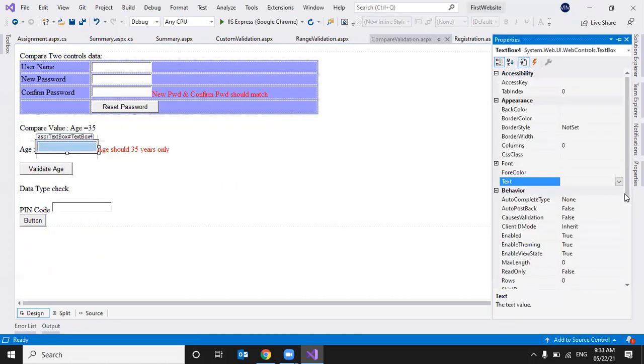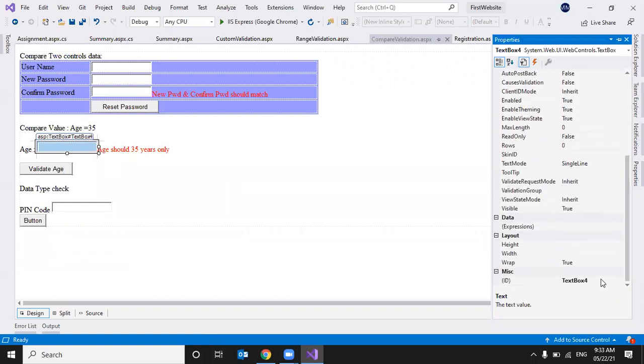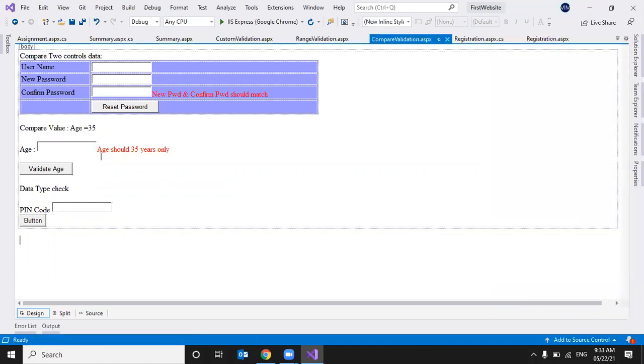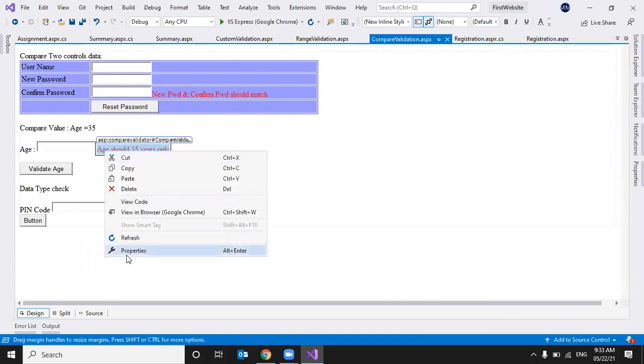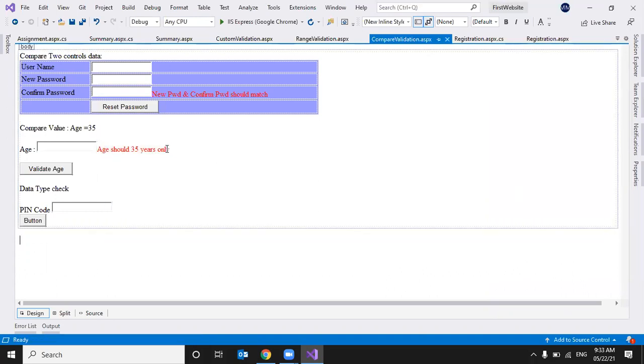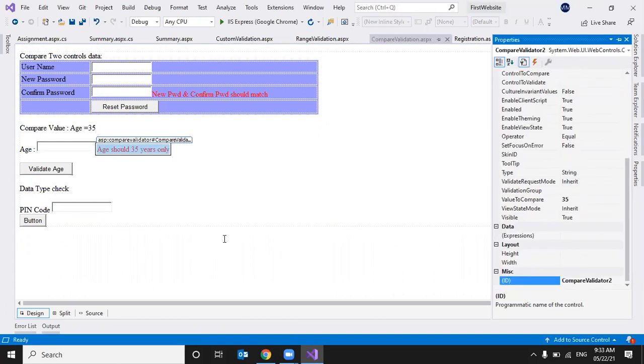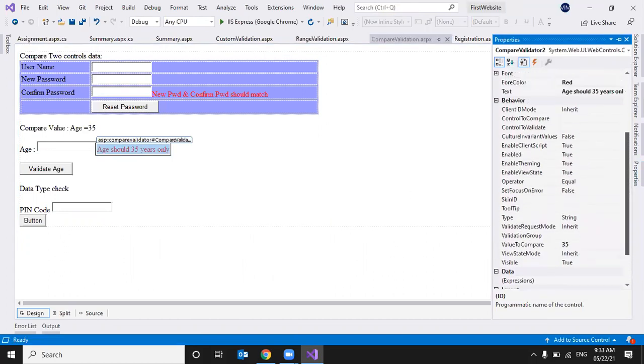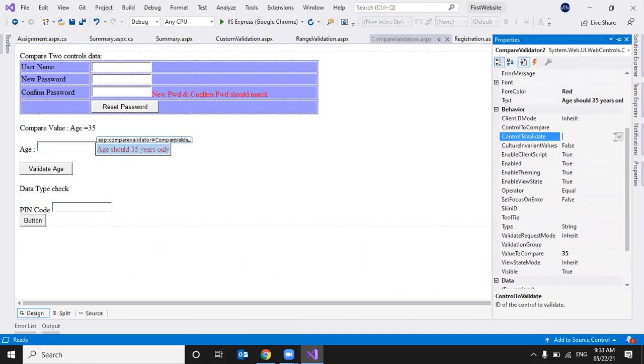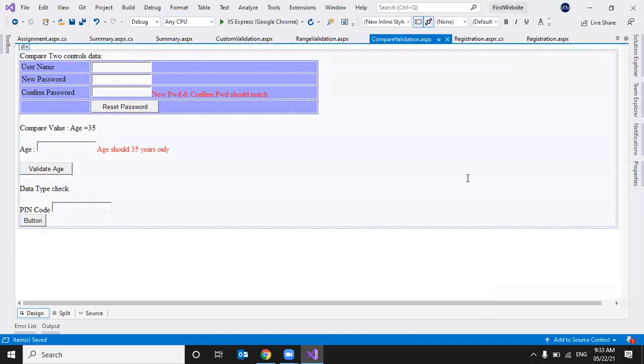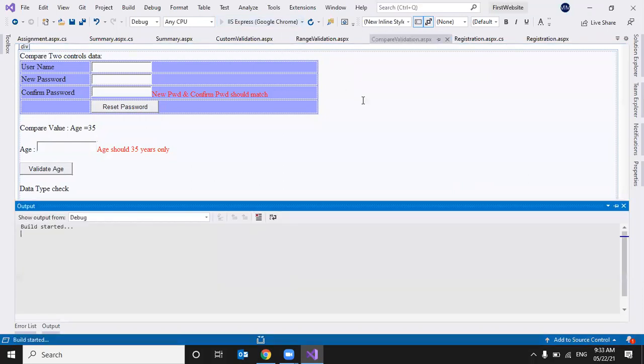My text box ID is text box 4, and I'm naming it as txt age. Right. So I want to validate txt age. Let's check this scenario.